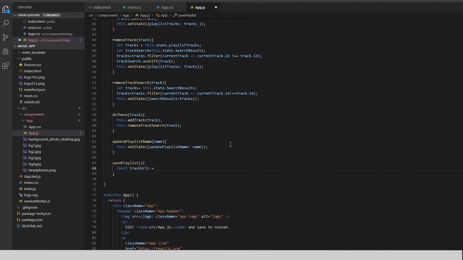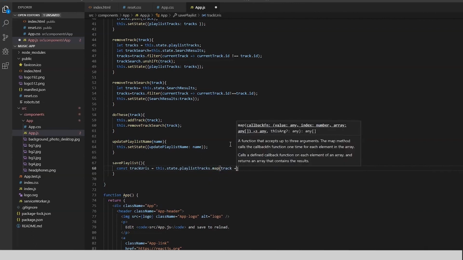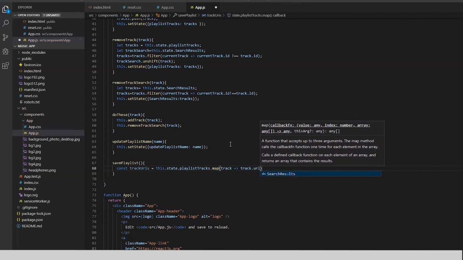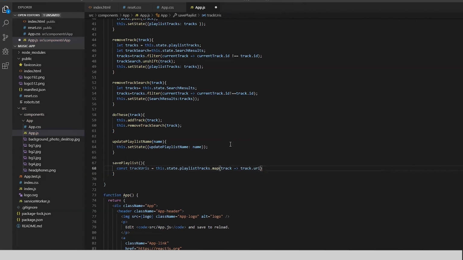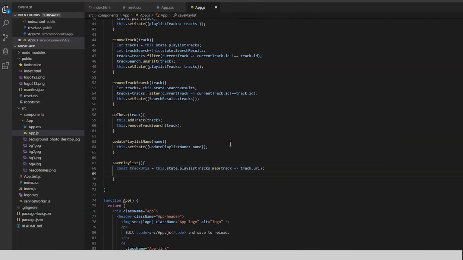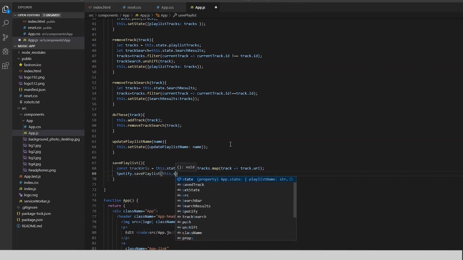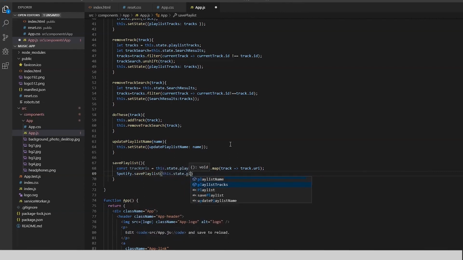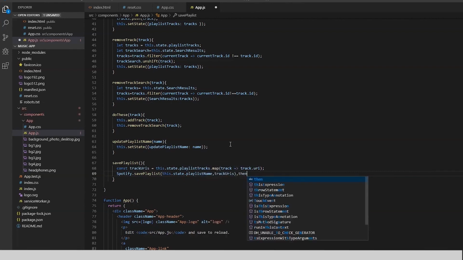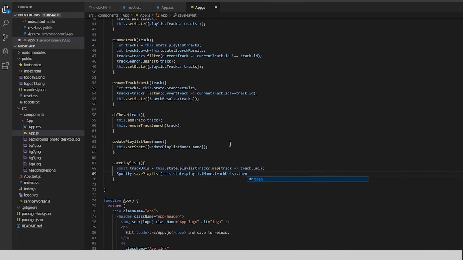We'll take all the track URIs: this.state.playlistTracks.map, creating a temporary variable called track.uri. So we actually want to go and now save this on Spotify. That's the reason we'll access Spotify's savePlaylist method, this.state.playlistName, comma, trackURIs, and if that is successful, we then go and do a